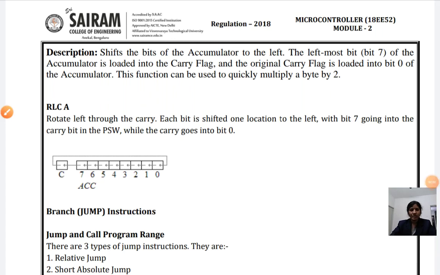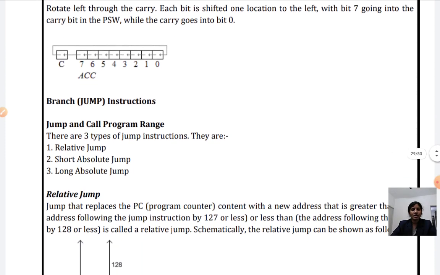Good morning, students. In today's session, we are going to see the branch instruction, that is, jumping from one statement, one instruction to the other instruction based on conditions, by satisfying the condition or by not satisfying the condition. If it satisfies the condition, it is going to be a conditional branch instruction. If any looping happens without any conditional check, then it is called an unconditional jump instruction.